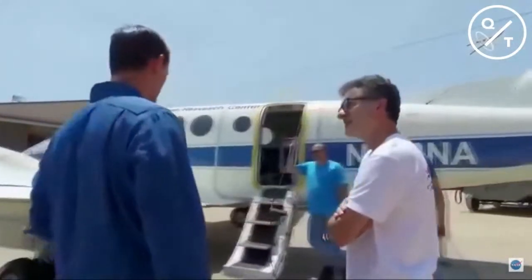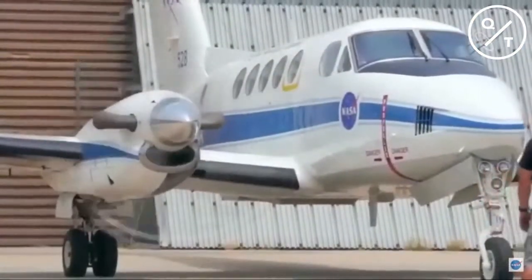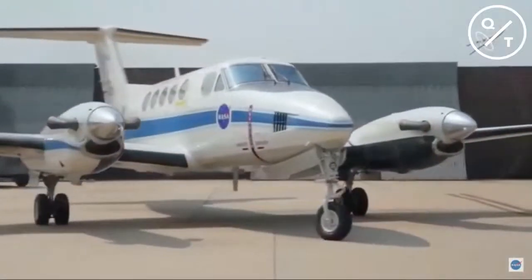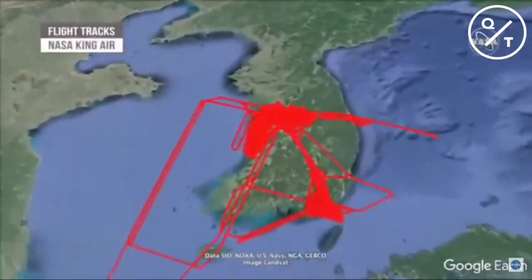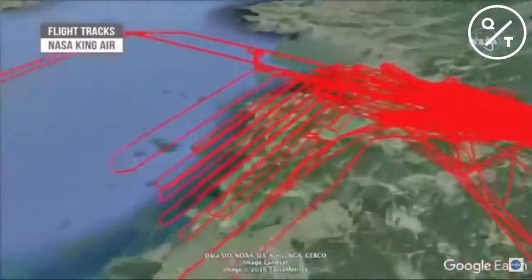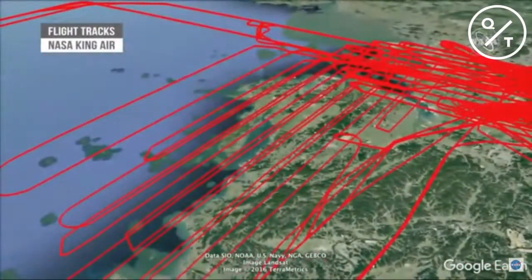So this aircraft carries instruments that work just like the satellite instruments. The higher we fly, the wider the patch of Earth we can see. During the campaign, NASA King Air aircraft will mimic the measurements future satellites will make. We fly at about 28,000 feet, and at that altitude, we see about a